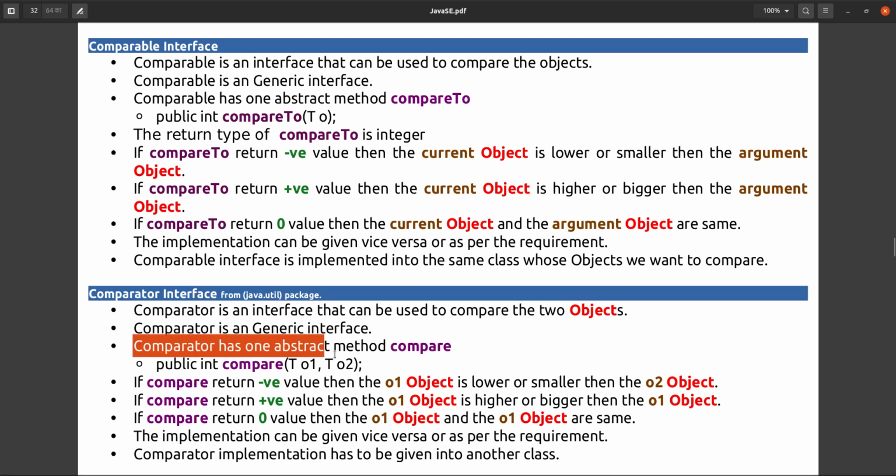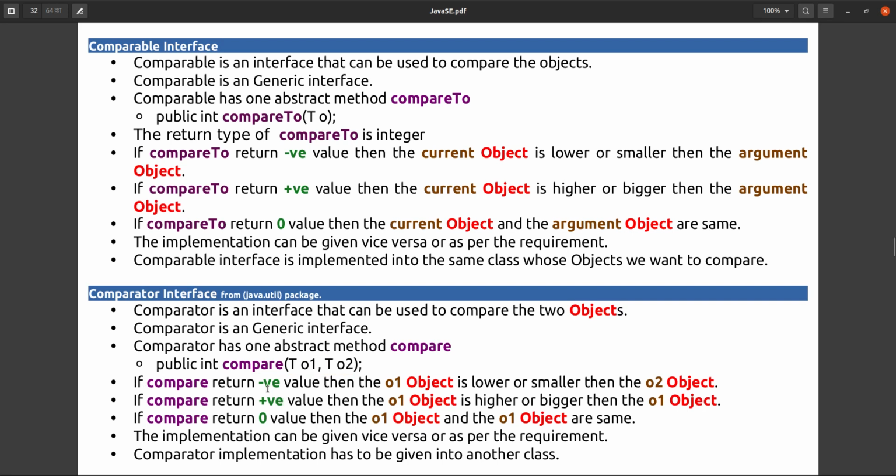Comparator has one abstract method, compare. In Comparable the method name is compareTo, and in Comparator the method name is compare only. Compare takes two generic arguments, O1 and O2, one argument and another argument.